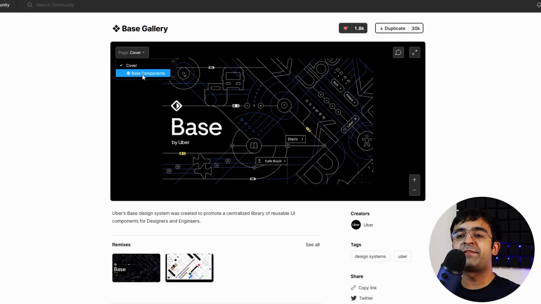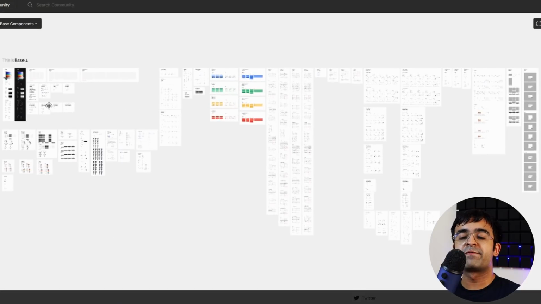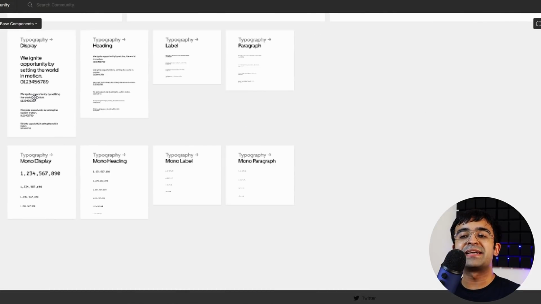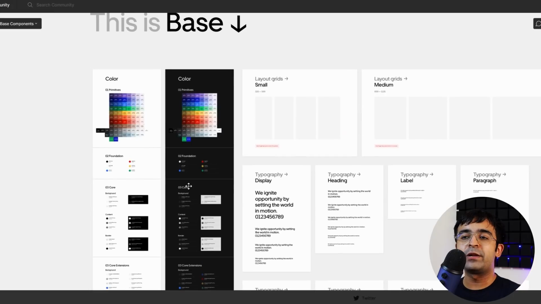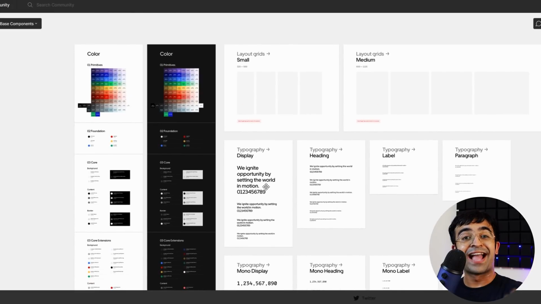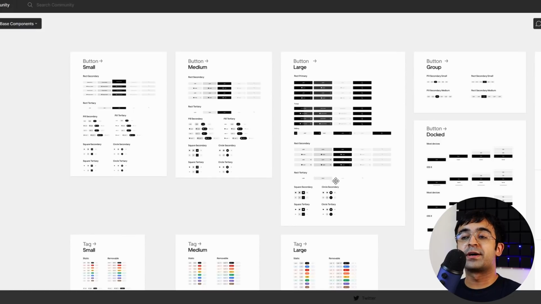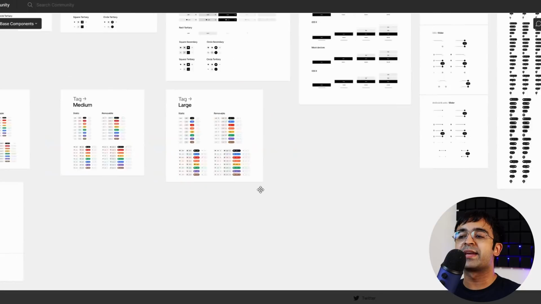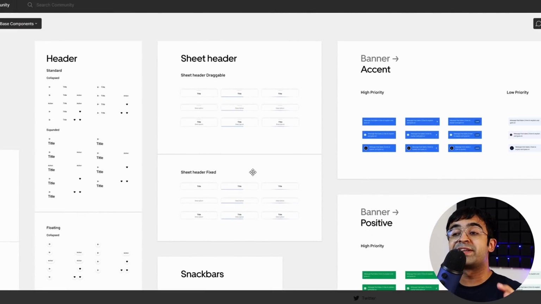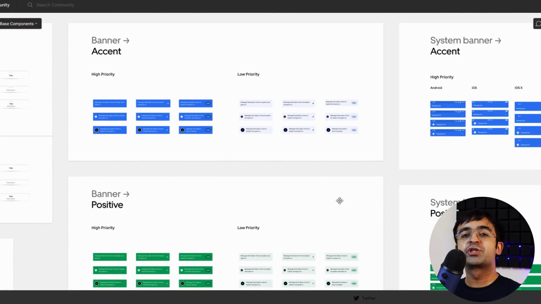Apart from that, if we deep dive, we have these base components. So rather than giving a complete UI kit, what they've done is they've divided everything into these nice base components, which has the style guide with the colors, with the typography, yes, actual Uber fonts, with the buttons, with the layouts, with everything. And this UI kit actually reminds me a lot of the material design UI kit that is available, because it's so complete. It's so full of all these different elements, all these different guidelines, almost going towards a design system. They only needed to expand it a little more and it will be a full-fledged design system. That is what I believe.